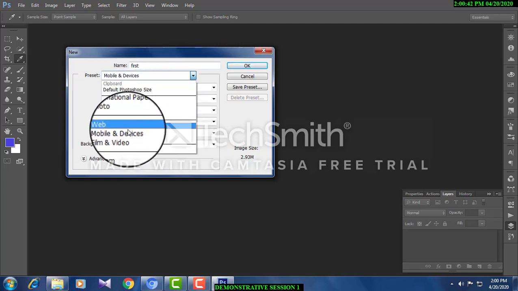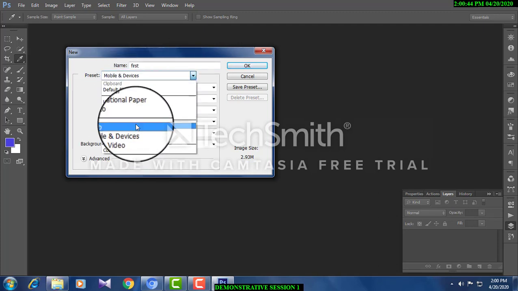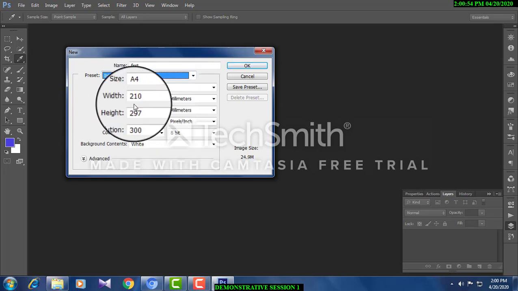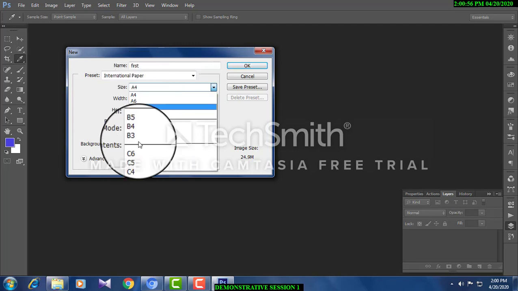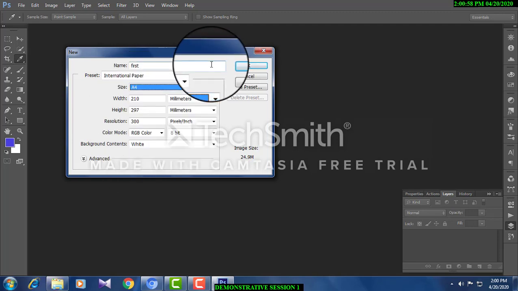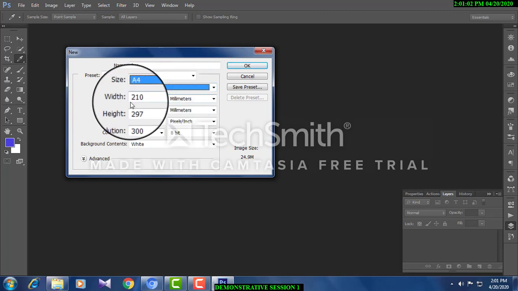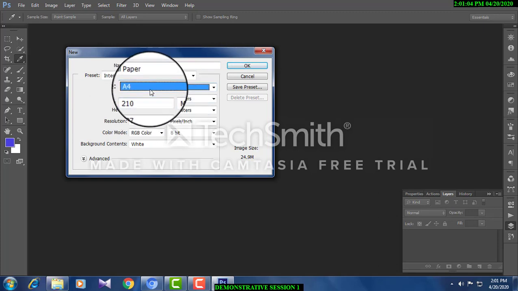For example, if you are designing for mobile and devices, if you are designing for web-based, for example web pages or web banners and things like that. If you are working for film, and if you are working on international paper like A4, A3 and other things, and normally we go with our own design, which we call custom. If you are changing your size, it becomes custom.